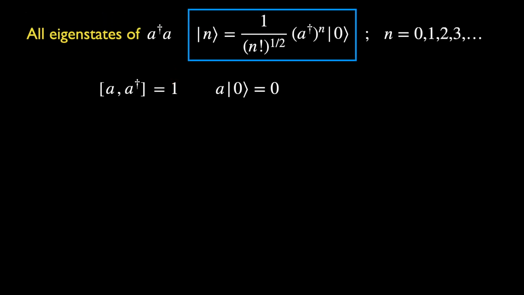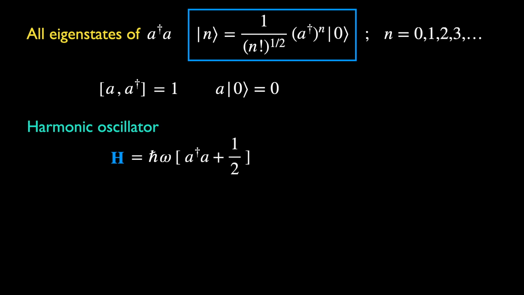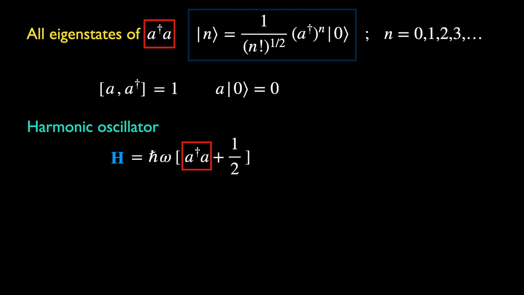Our entire results on the number operator could be transferred to the harmonic oscillator Hamiltonian in a direct way. They simply share the same set of eigenvectors. We shall continue with the same labeling convention in the blue box. The energy eigenvalues are given by